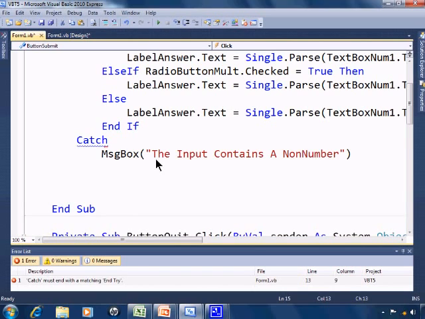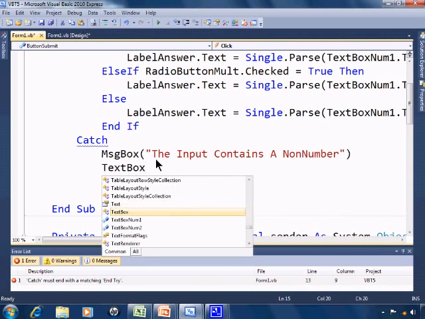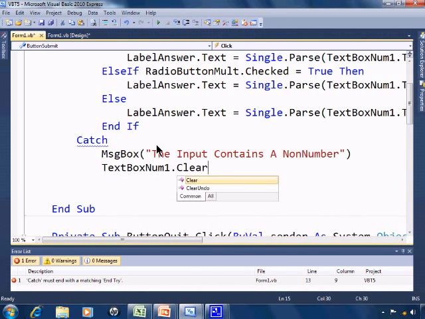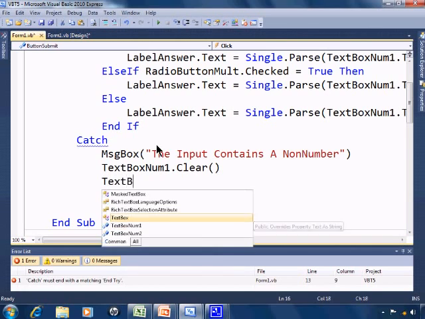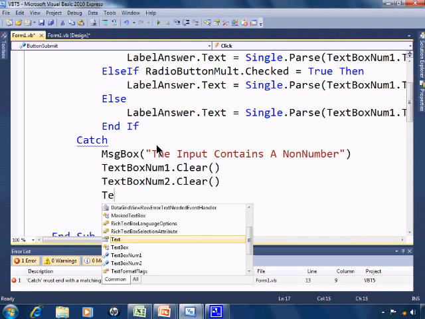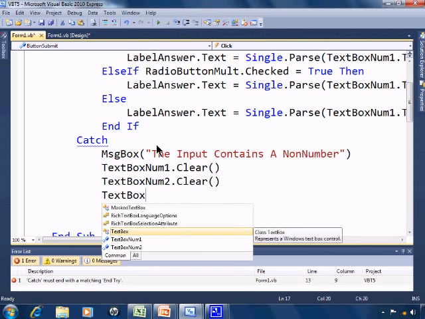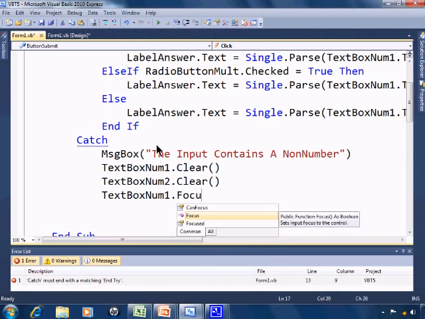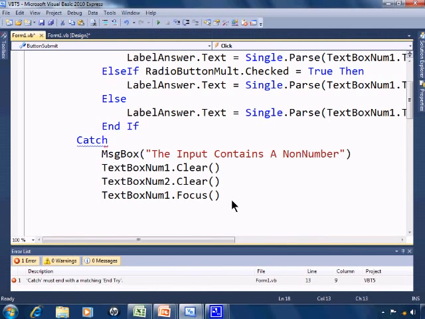I'll then clear the text boxes: TextBoxNum1.Clear, TextBoxNum2.Clear, and I'll return the cursor back to textbox num1 by putting TextBoxNum1.Focus. I'll go ahead and end the Try statement,